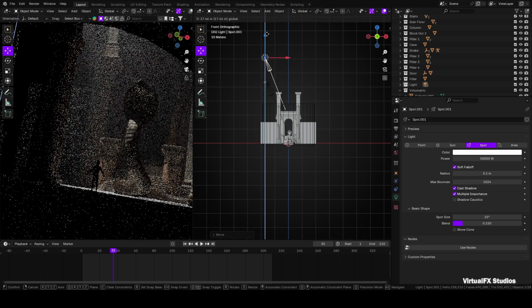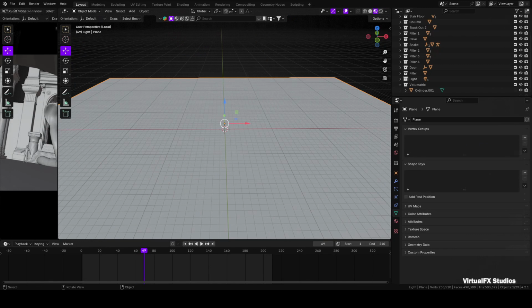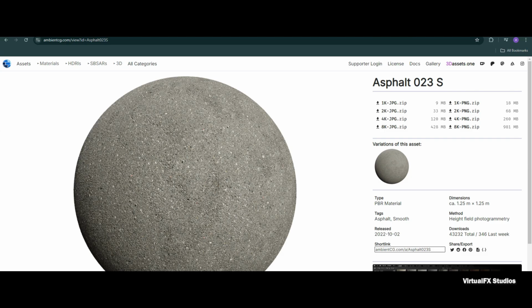Now let's improve the textures in the scene because the current textures don't look good at all. And some areas we haven't applied any textures yet. First, let's create a realistic wet texture and apply it to the plain ground. Hide all other objects in the scene and only show the plain ground. After doing this, go to the Ambient CG website and download the texture named Asphalt 023.